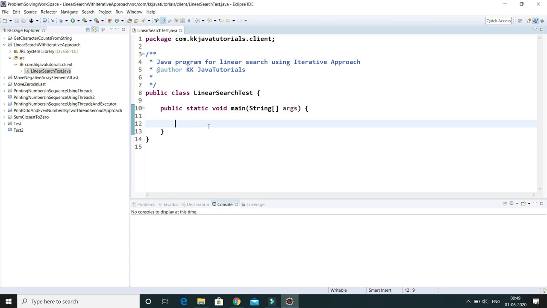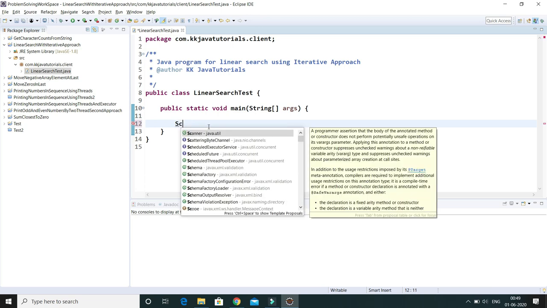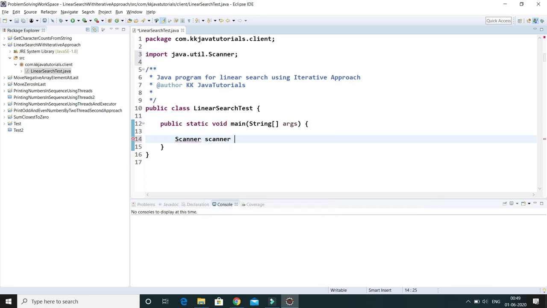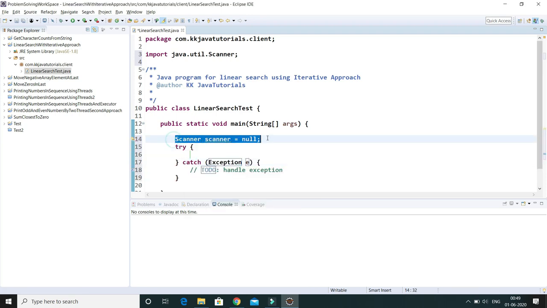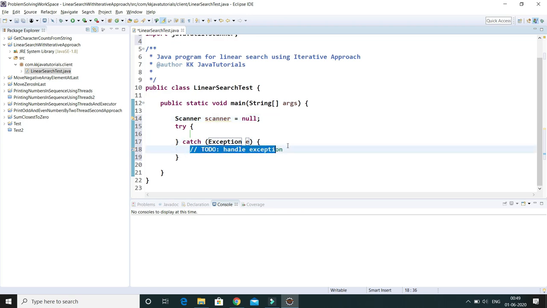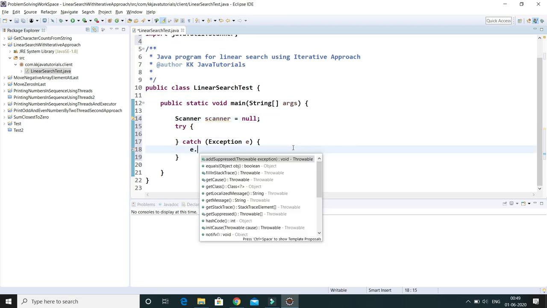So let's start. Here I am going to make use of a scanner, right? I'm going to declare a scanner equals to null. Here I have explicitly declared a scanner, and this object I'm going to create in a try catch block. If you want, you can use try with resources, right? Then you don't need to declare it like this. But here I have explicitly declared the scanner